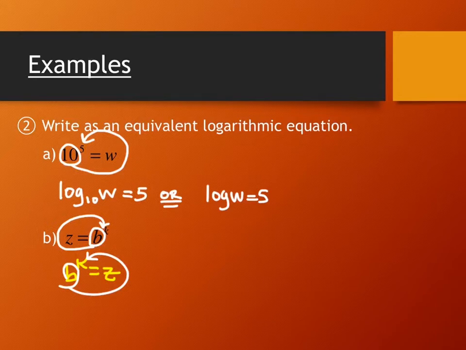Okay, got to go to the other side of the equation before you land at the exponent. Either way you do that, you're going to write the word log down next. What's your base? B. So that's my subscript. What would I write next? Z, the other side of the equation, and then this will equal the K for the exponent. Okay, so practice